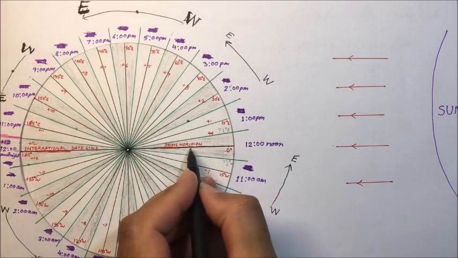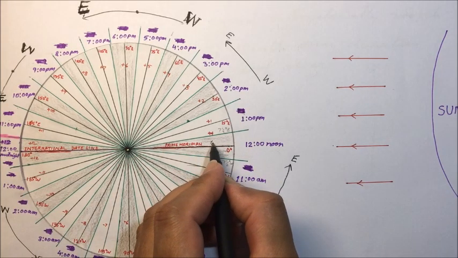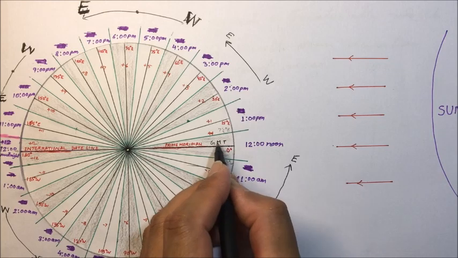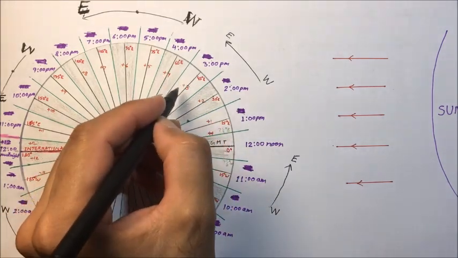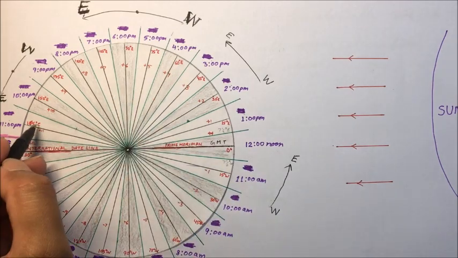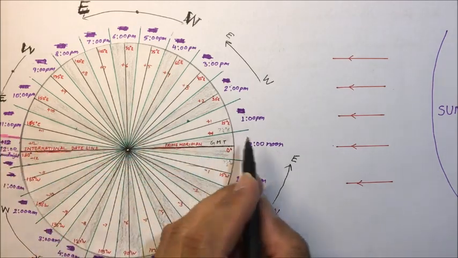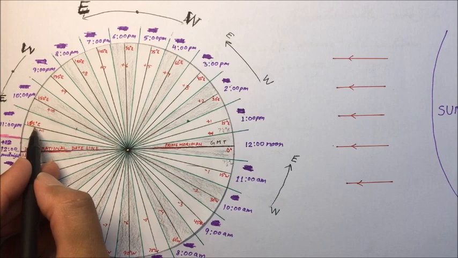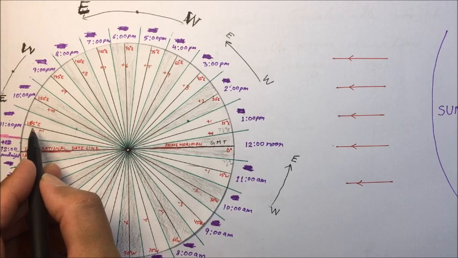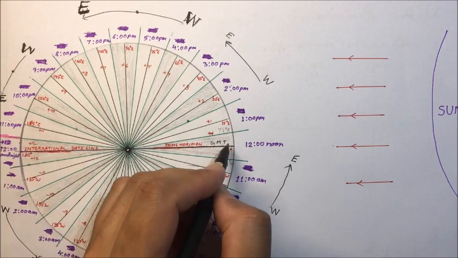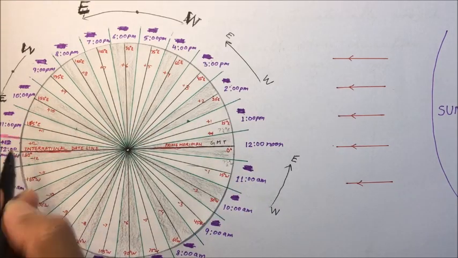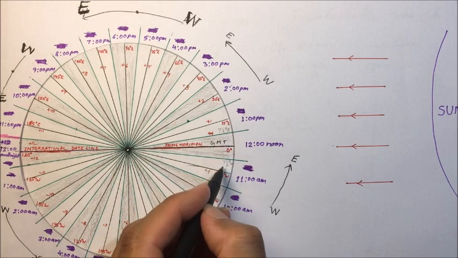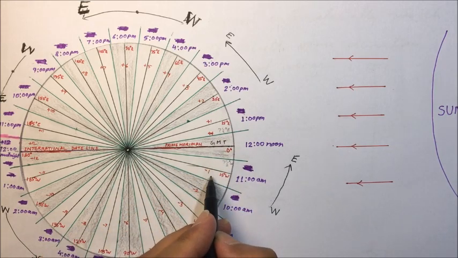On the prime meridian, whatever the time is, we call it GMT, Greenwich Mean Time. And to this, we have to add the particular hours. If, for example, we are here, we have to add plus 1. Here it will be 11 p.m. at night. We are 11 hours ahead. Here we will be 12 hours ahead.